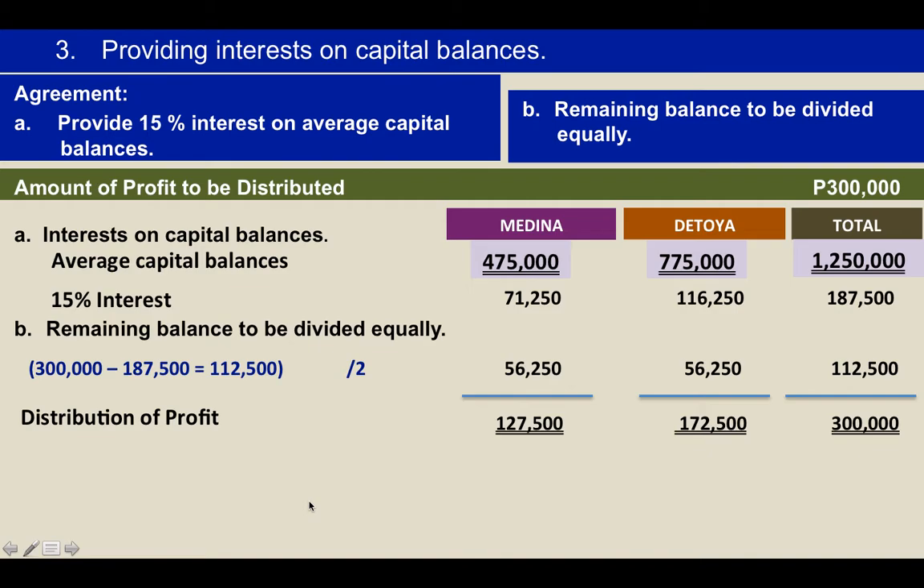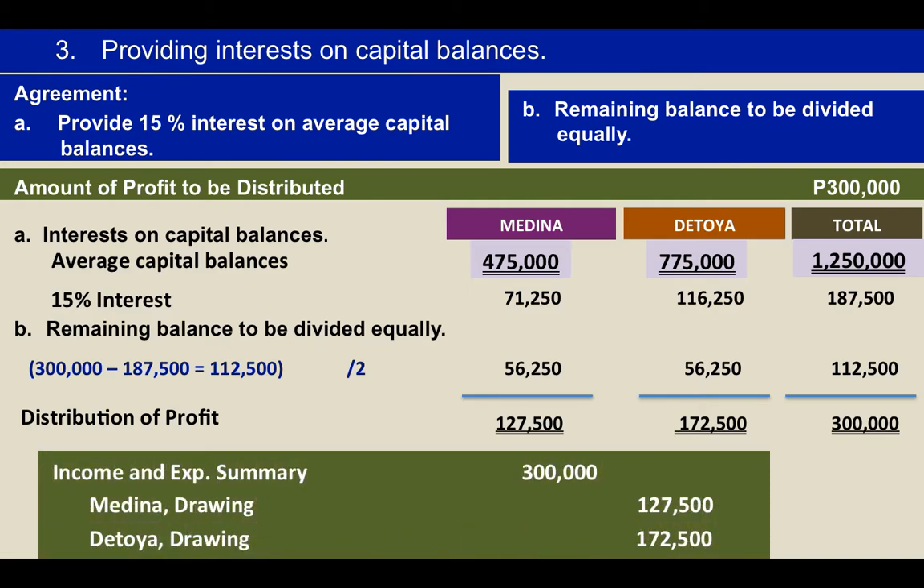Okay? And to do the entry, we have to debit the income and expense summary of 300,000 and credit Medina drawing 127,500 and Detoya drawing 172,500. Okay? Next,